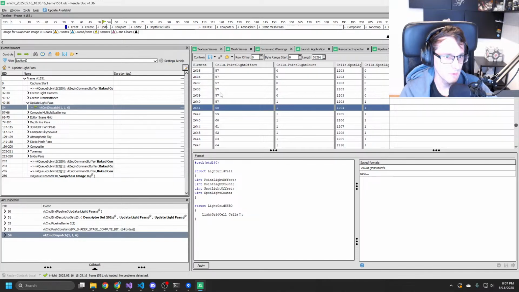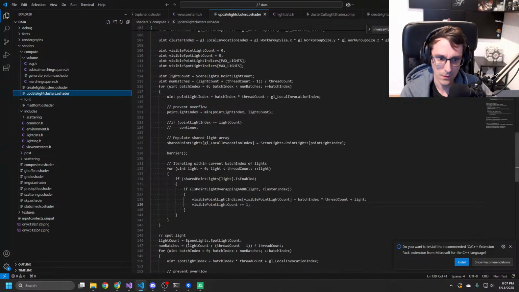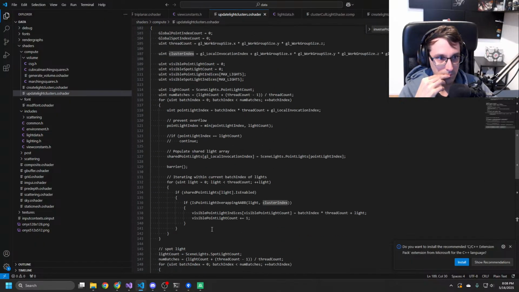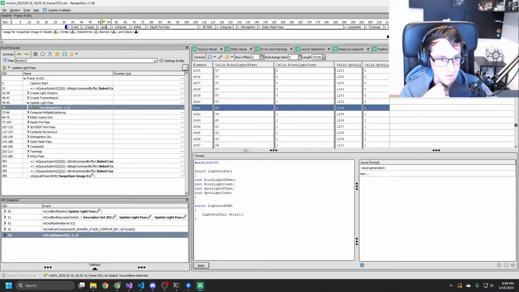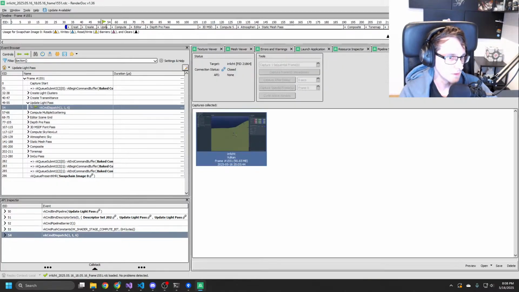So wait, where do we write that? That's element 2641 in the light grid. So that's here. So that's when this turns into 2641. Let's try to find that debug thing.